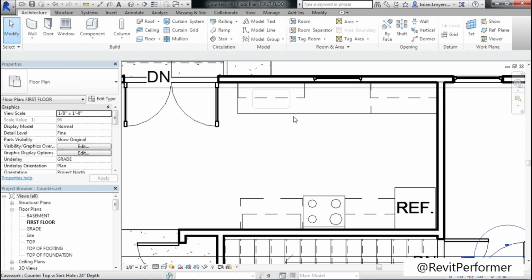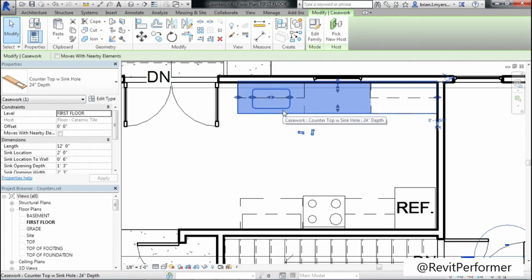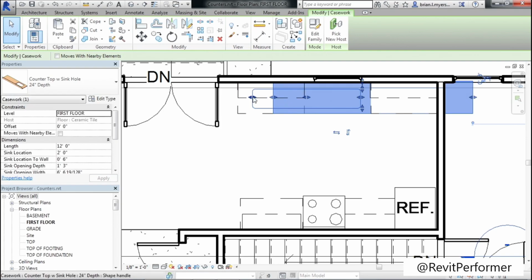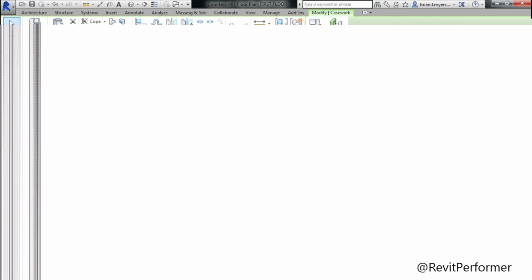Now we have that countertop in this location, and the hole for the sink is currently sitting right here. That's not really where we want the hole for the sink. We want the hole for the sink to be lined up with where our window location is at. So if we select on the countertop, we can then click on the double arrows, pull it down so it's even with the sink, do the same thing down here on the other end, pull it down so it's even with the sink. Now one thing to know is when you do that, it